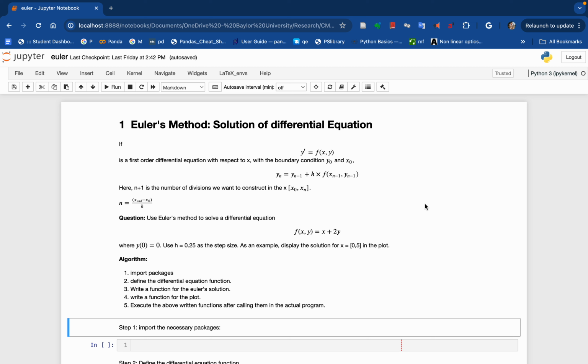Welcome to another episode of my tutorial in Python. So today I'm going to talk about how to solve a differential equation, usually the first order differential equation, using Euler's